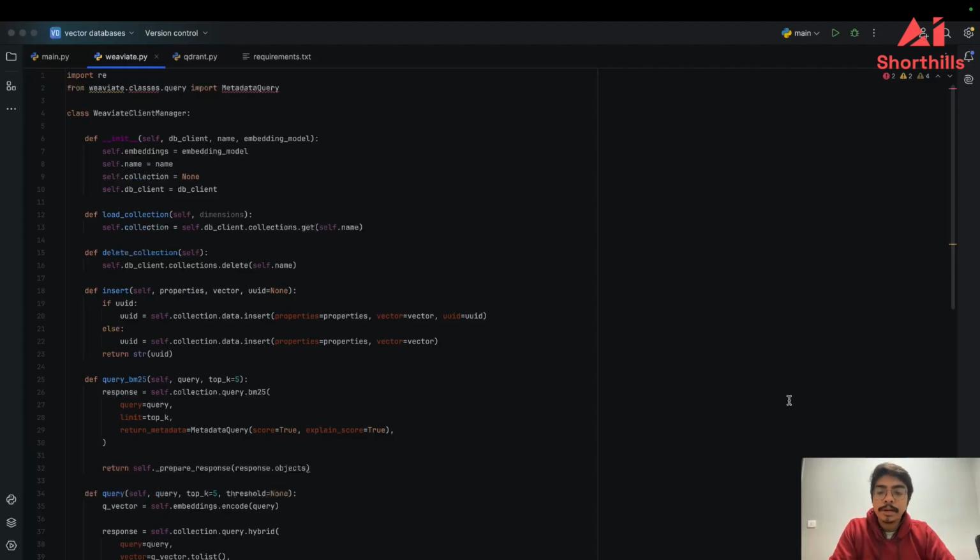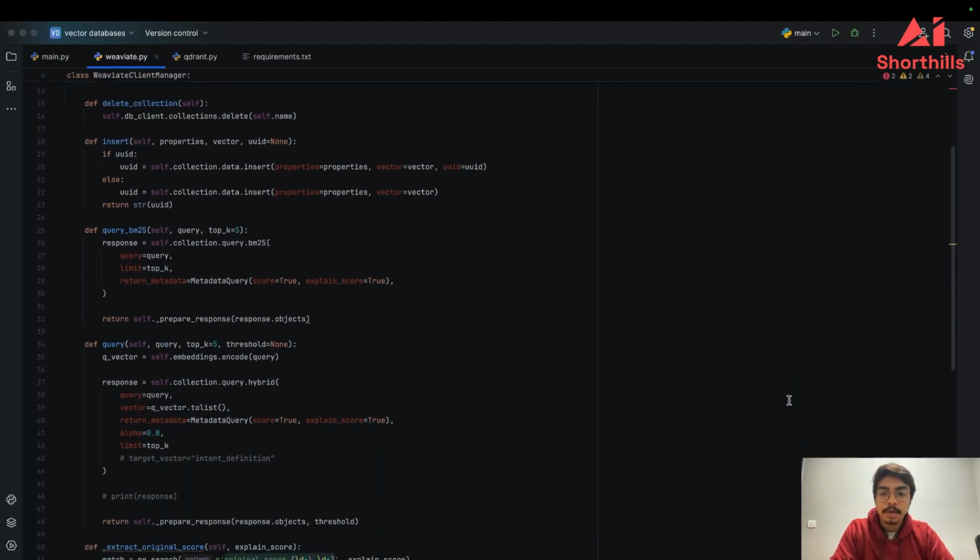Weaviate offers the flexibility to perform hybrid search. For that purpose, Weaviate offers two methods, BM25 and the hybrid method. The hybrid method accepts the query. Basically, we want to query and fetch some results corresponding to it. The initial query is a string, but it must be encoded before we can send it to our